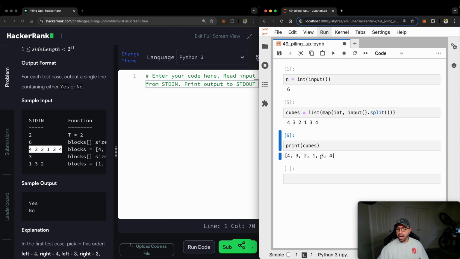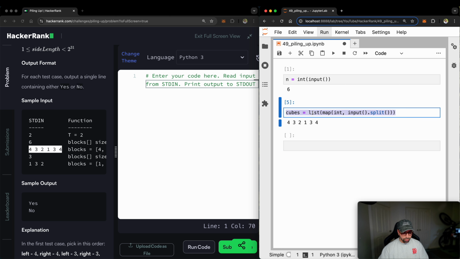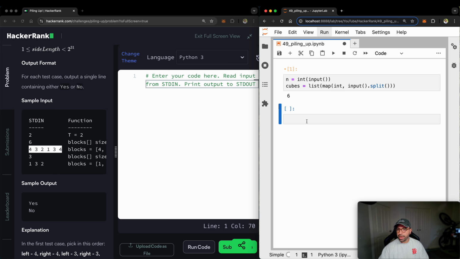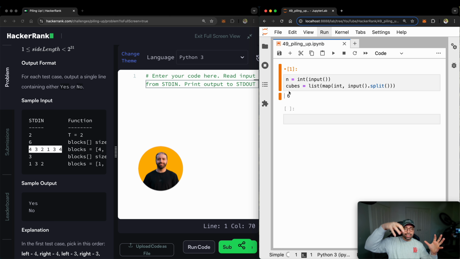Now, let me get rid of the print because I don't need that, and I will move this line just under here so that it's nice and tidy. User has given me everything I needed to play this game. Now it's my turn to take either the rightmost or the leftmost